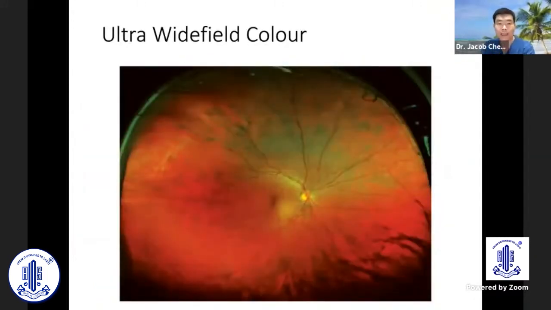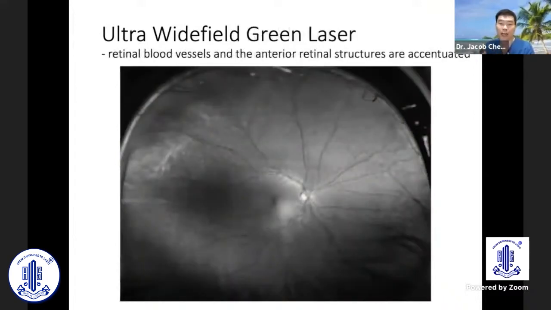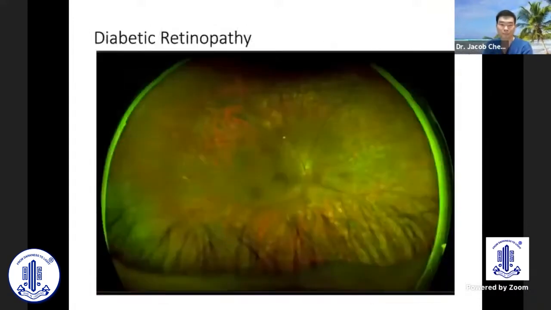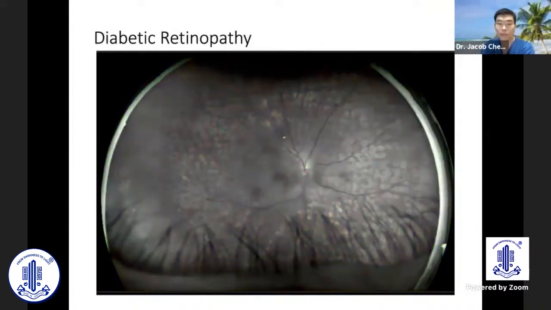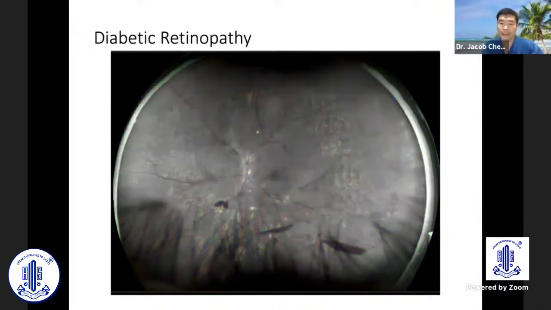In ultra-wide field color, the red laser accentuates the choroidal blood vessels, but the green laser will highlight and emphasize the retinal and pre-retinal pathology better. Again, this is a patient with pan-retinal photocoagulation. Applying the green laser, we can see where the lasers are, or areas of insufficient laser, for example in the temporal quadrant. This patient also had laser done, but probably had some proliferative changes evidenced by the remnant of the vitreous hemorrhage. Here you can see application of the red laser will highlight the retinal vessels as well as the